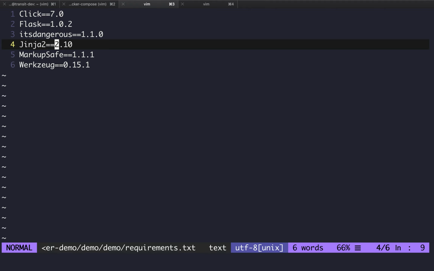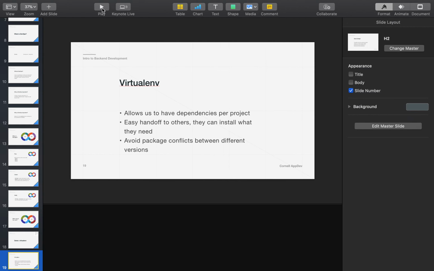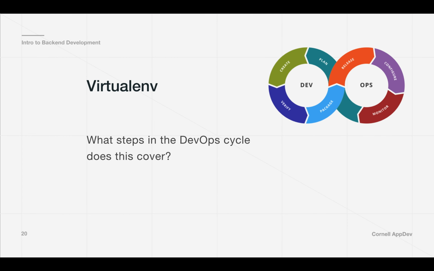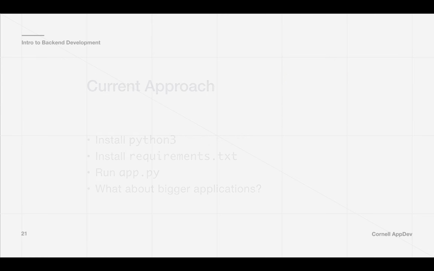And so if I told someone, oh, install these packages, and they just pip installed it, they might not get the same versions I have, which might result in further errors. And yeah, in the DevOps cycle, this basically covers the packaging and release steps in this framework, I guess. So it allows me as a developer to package it and then just have that requirements file and send it to someone else, which helps collaboration and releasing.